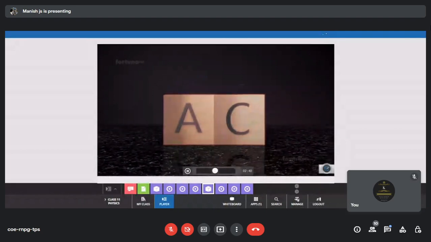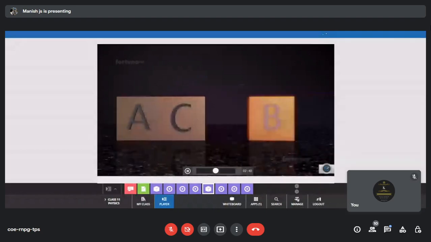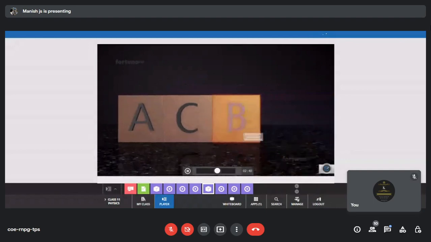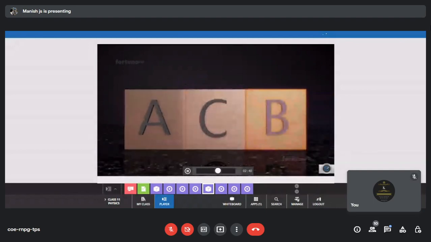Let's consider a third metal block, B, with a temperature of 40 degrees Celsius. When we move the block B to be in contact with the block C, heat exchange will take place between both the blocks until both reach a thermal equilibrium of 35 degrees Celsius. Since block A is also in contact with block C, both blocks will be at the same temperature of 35 degrees Celsius. We can see that the blocks A and B will have the same temperatures.